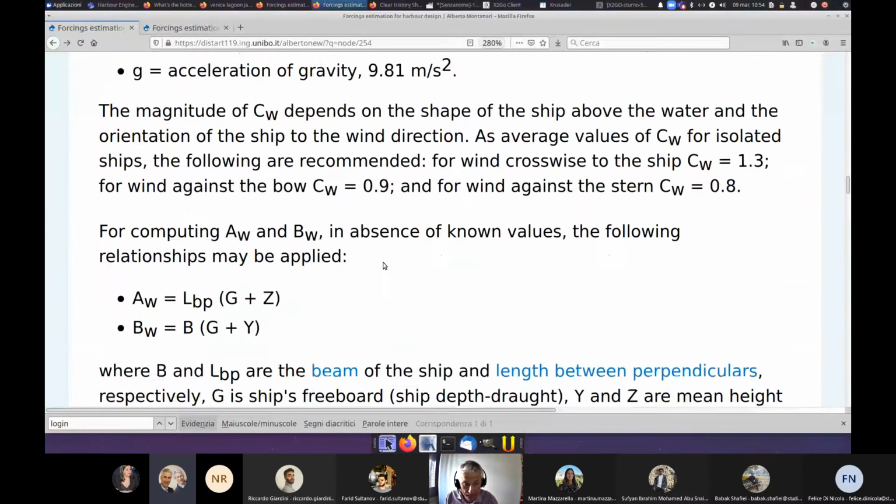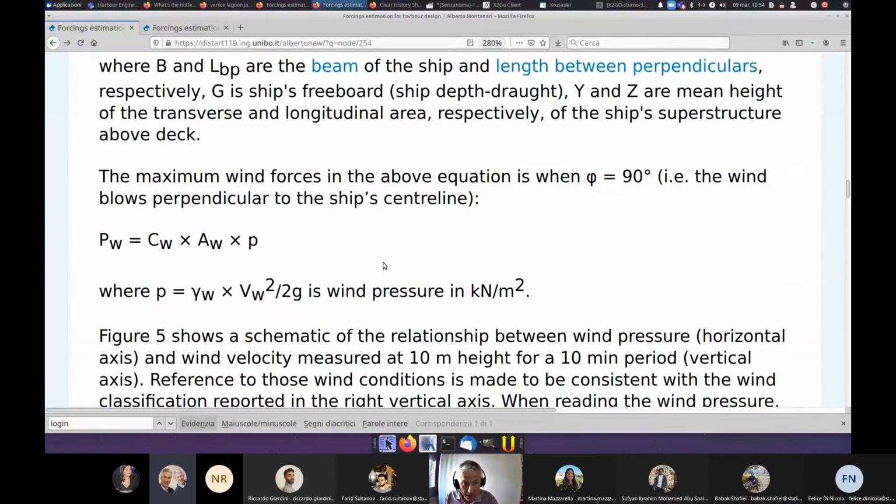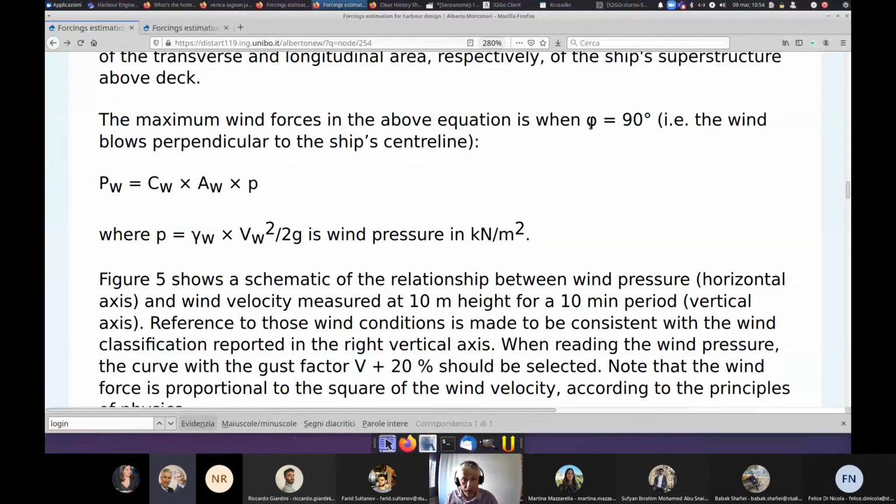And if you go down, you get, when phi is equal to 90 degrees, namely the wind blows perpendicular to the ship center line and blows against the side of the ship,